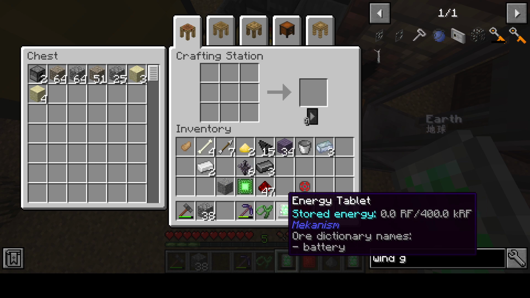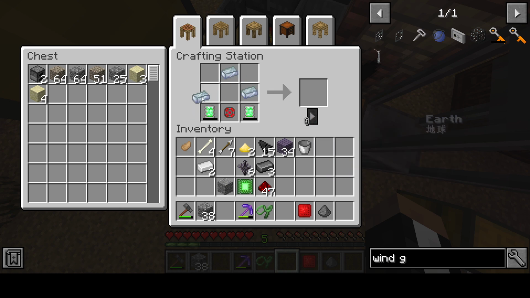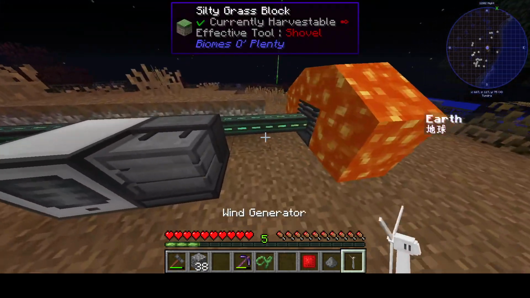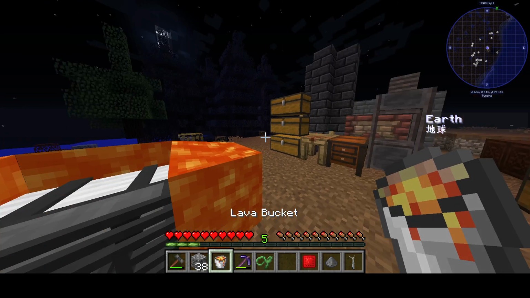But here we have 2 energy tablets, which are ready for assembling into a turbine. The first one, which is now amazing, because this means I can now... Is it like this? Oh, it is like that. I didn't even realize it was like that. So now I can just get rid of this guy, because he's useless. He's been replaced with the superior wind turbine,